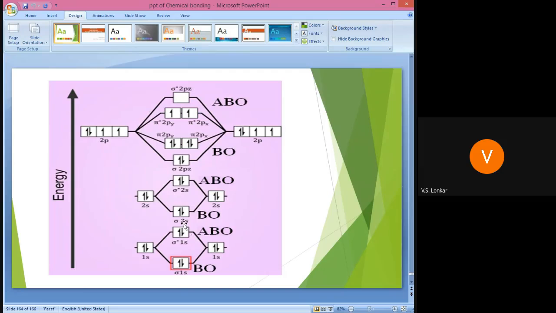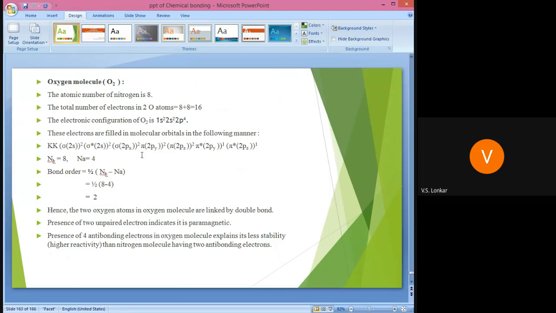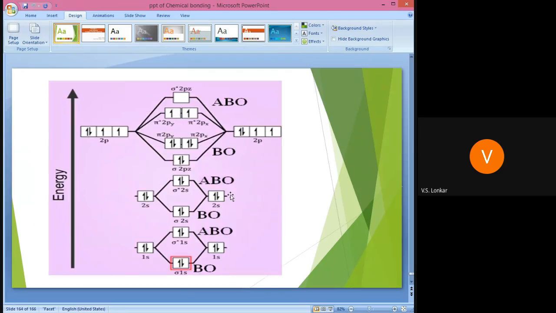Then here sigma 2s2, sigma star 2s2. Just write the number of electrons, 2s2. Then sigma 2pz. You can write sigma 2px, because in the previous one we wrote sigma 2px, therefore also write sigma 2px here instead of sigma 2pz. And here write the